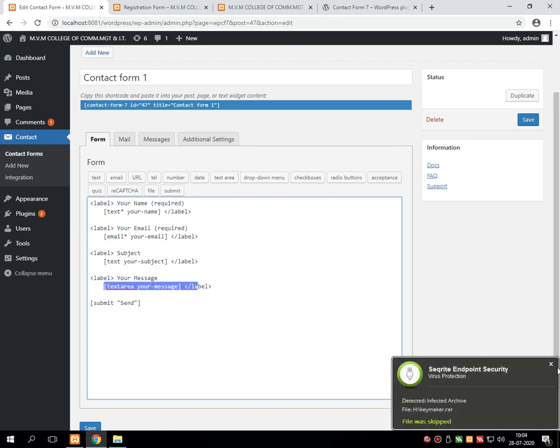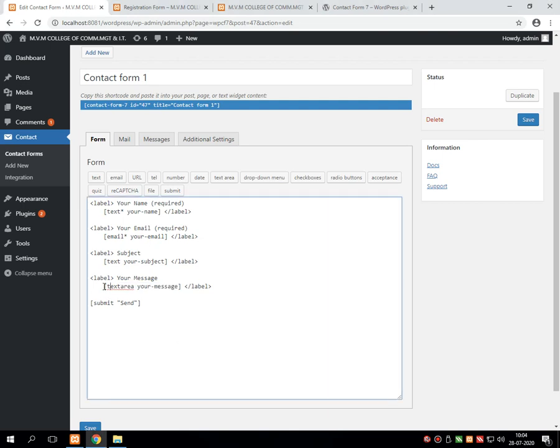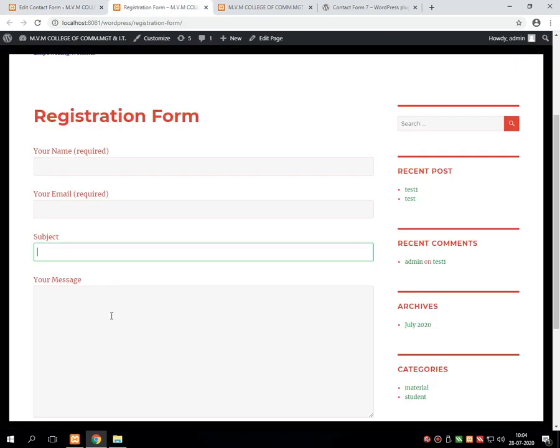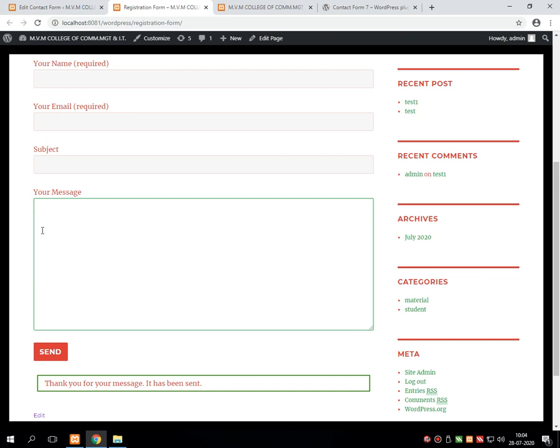Suppose we don't want to write, then it's okay. That's why there is no asterisk. And the last label is your message, that is actually a text area. Here I have given a text area because it accepts multiple lines of information from the user if required.